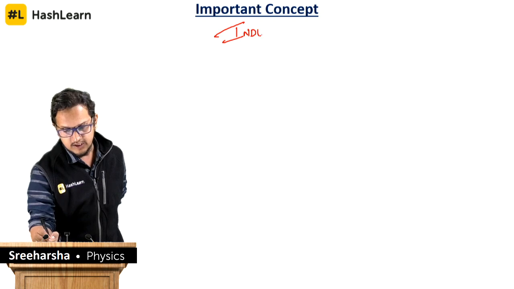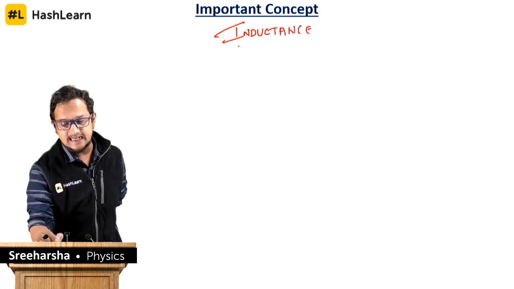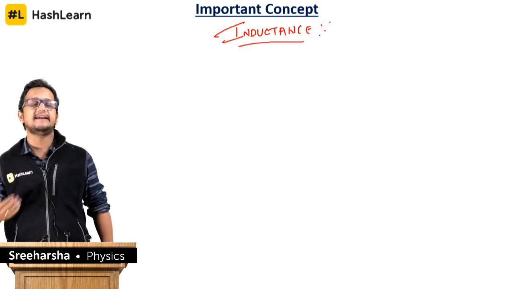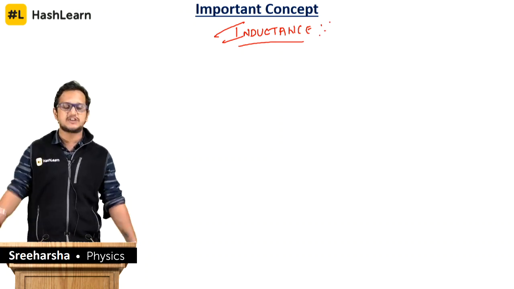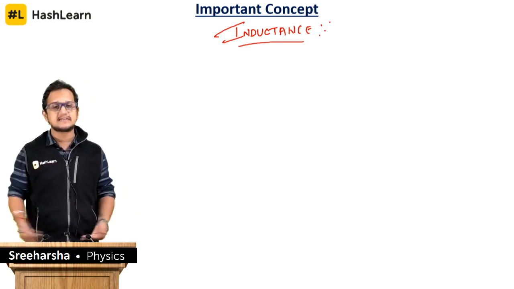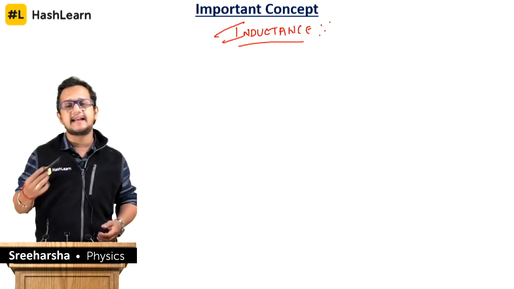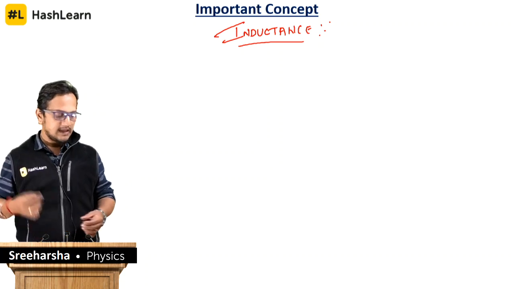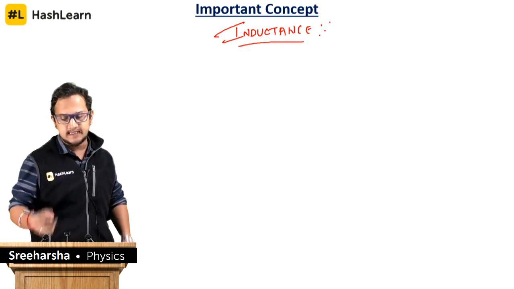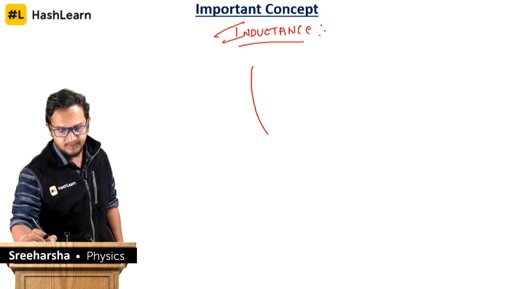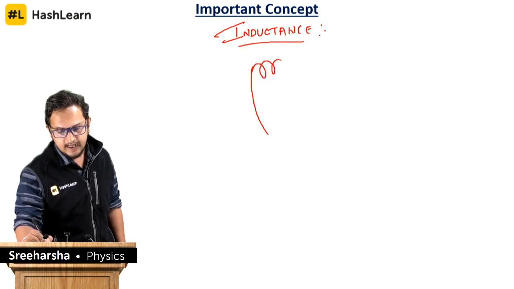So what is inductance and in what form does it appear, that is what we are studying. So what is actually inductance, or what is it all about? The first thing over here is, we will take a simple example. Let us assume I have a coil, and this coil has n number of turns,